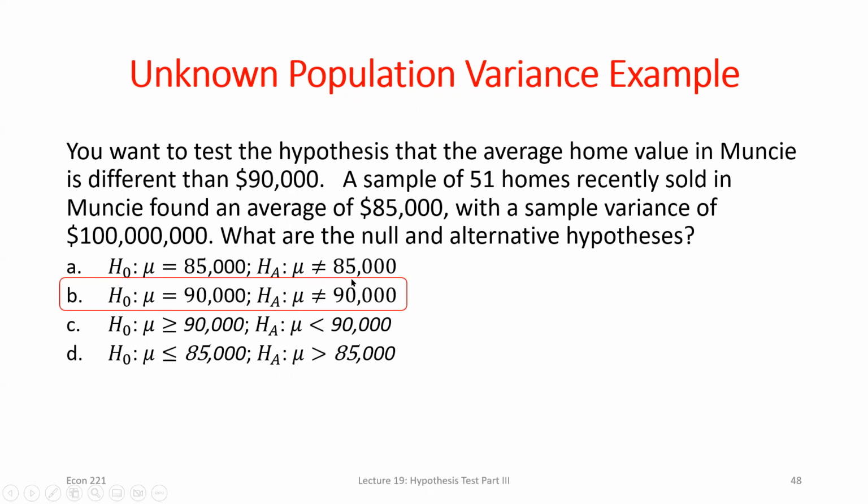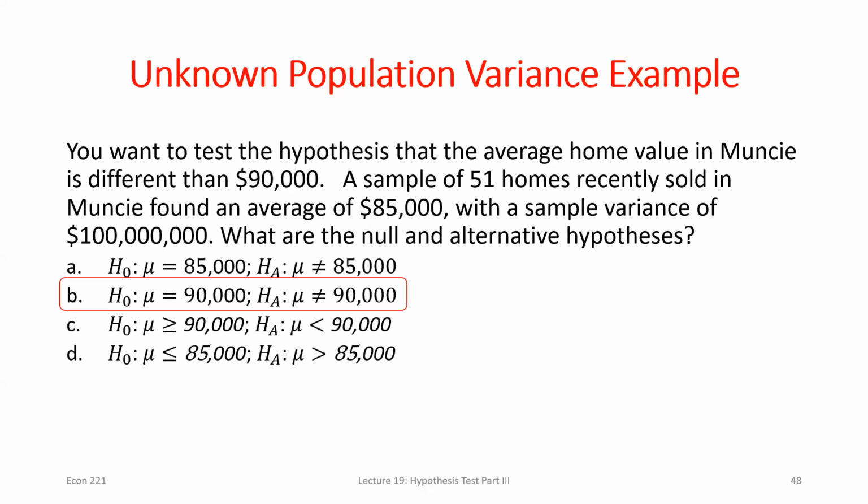What type of tail test do we have? Yeah, not equal to, or two-tailed test, right? So evidence on either side could go against that assumed true value of 90,000. So what did I find? Looks like I found a sample mean of